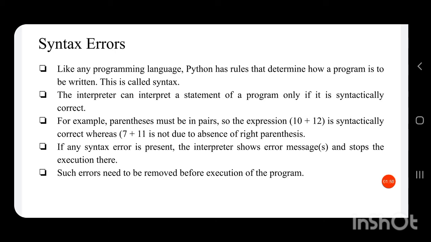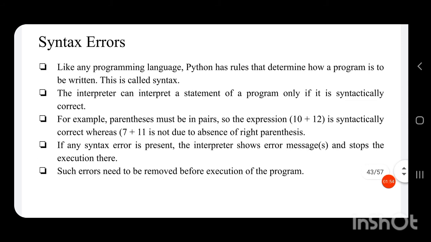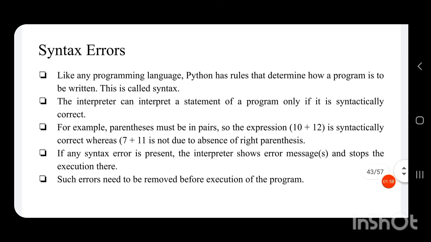It may result in an error because there is no closing parenthesis. This is called a syntax error. If any syntax error is present, the interpreter shows error messages and stops the execution there. Such errors need to be removed before execution of the program.